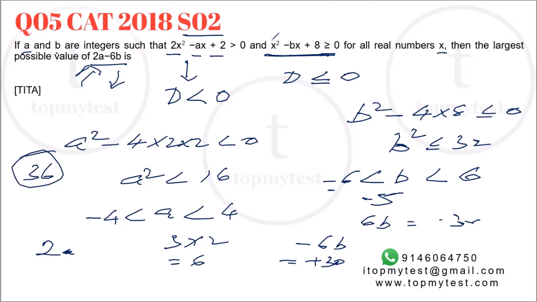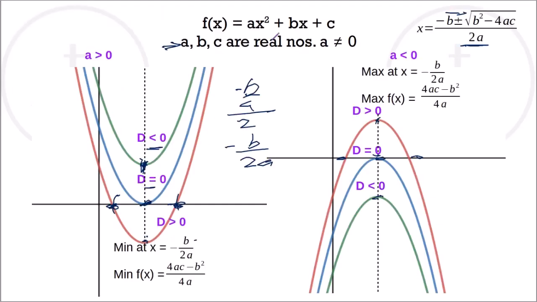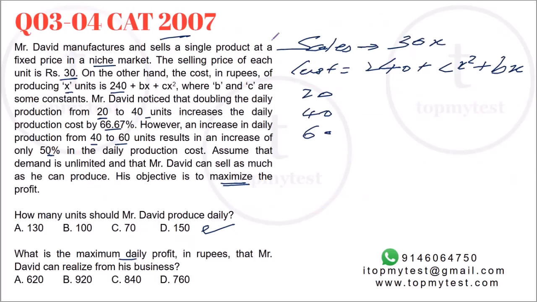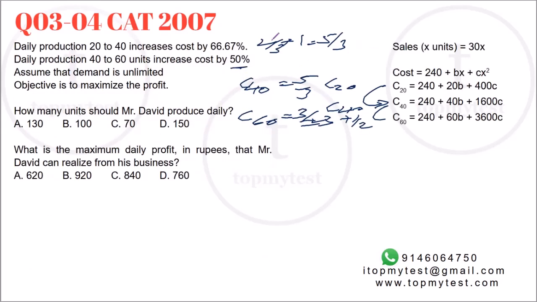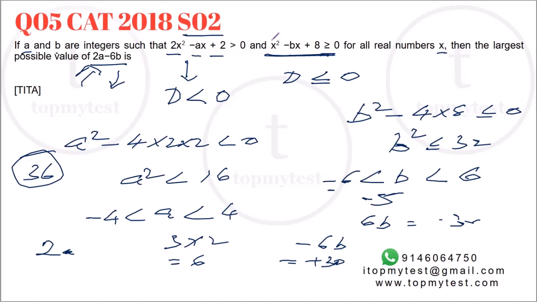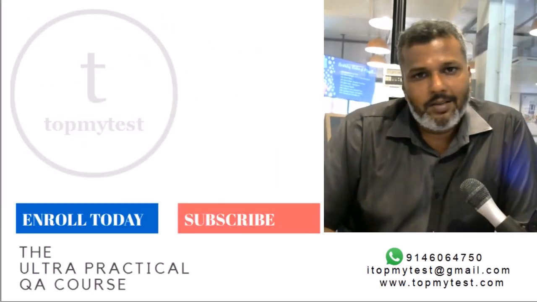As we mentioned earlier, quadratic functions are perhaps the most important concept when it comes to inequalities and optimization. Right, very frequent in CAT and other management examinations. A favorite of the CAT paper. At least 2 or 3 questions come up in every single CAT from this area. Please don't neglect it. That completes this particular session.